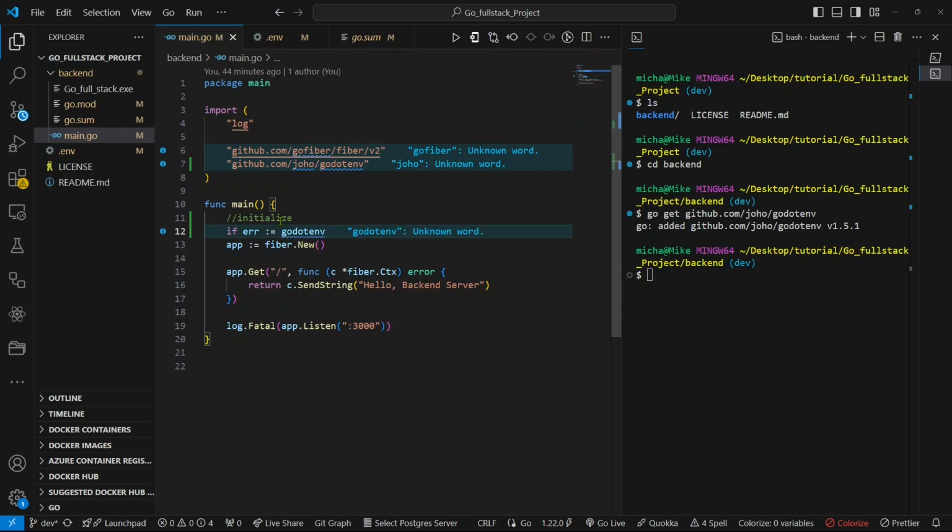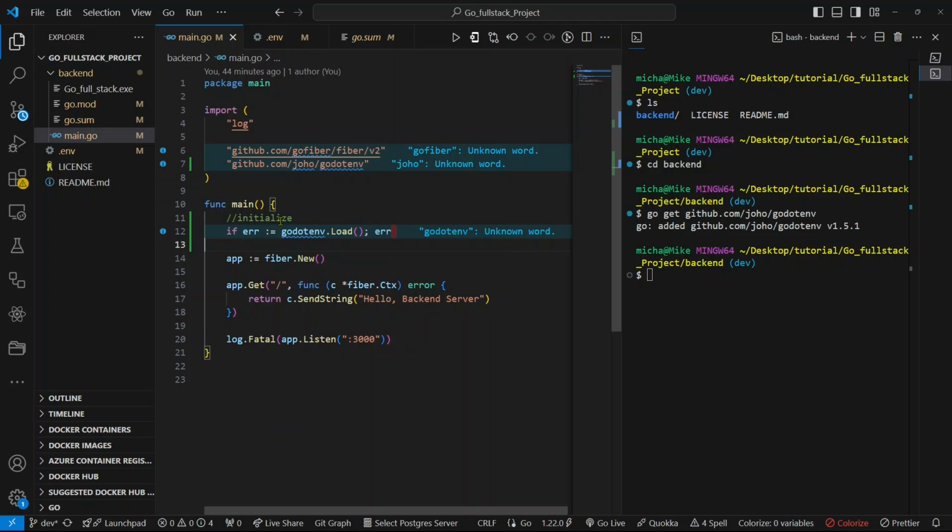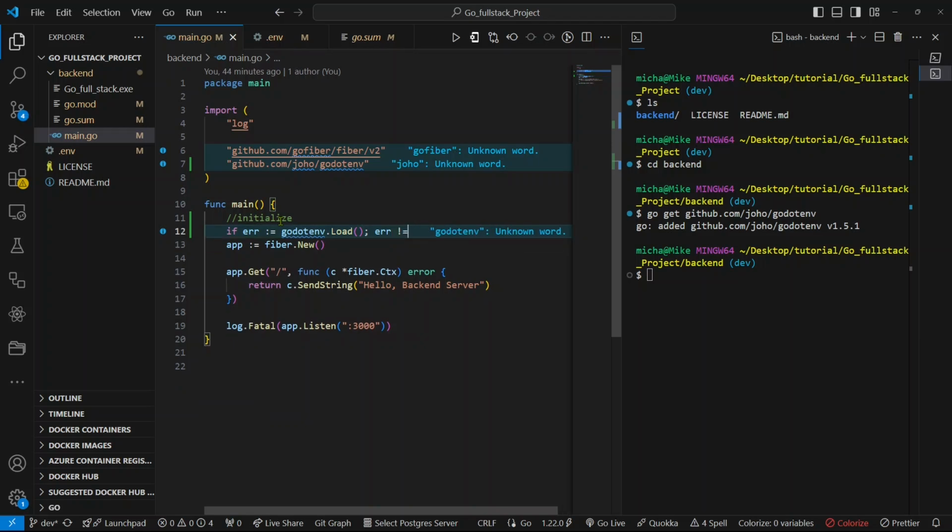This go.env has to load. If it loads and there is no error, like that. No, I want to make it clean. You have to check the error. If the error is probably equal to nil,